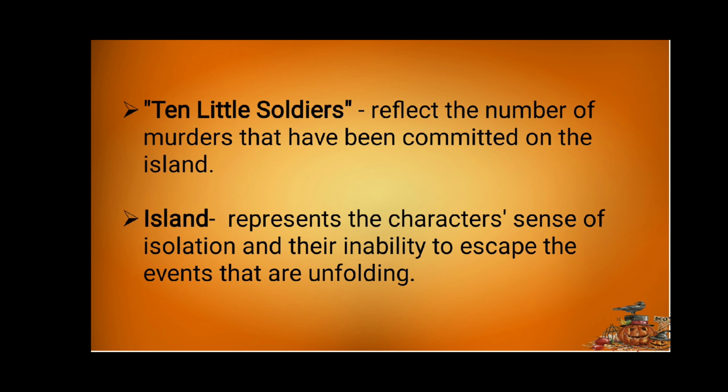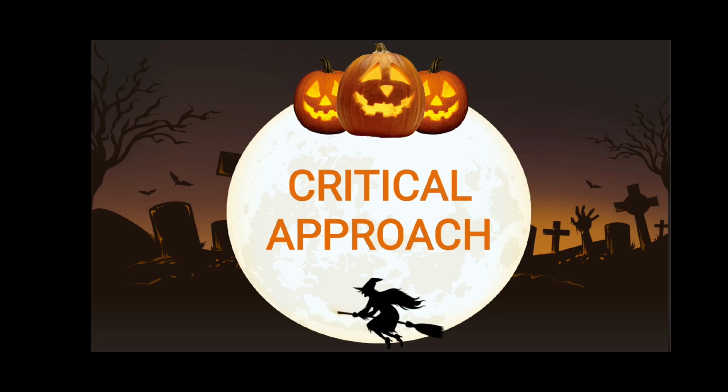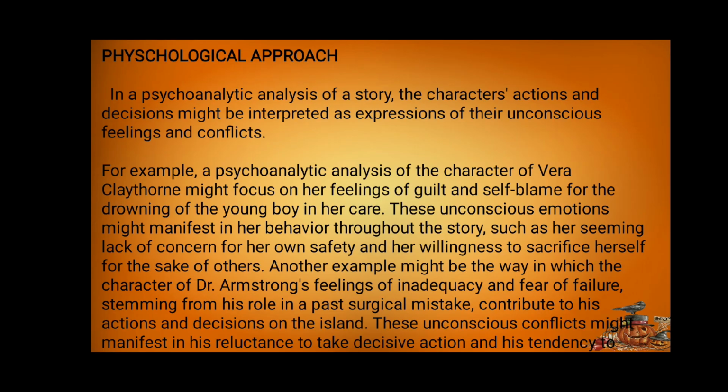So, the use of symbols in And Then There Were None adds depth and complexity to the novel. It helps to illustrate the themes of isolation, justice, and the consequences of one's actions. Now let's move on to the critical approaches used in the story. First one is